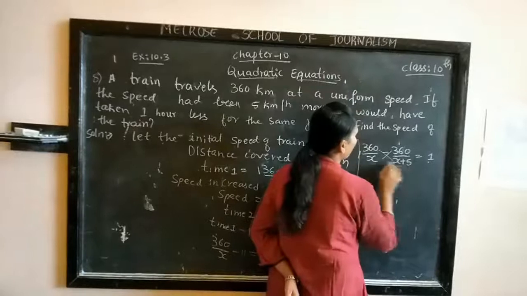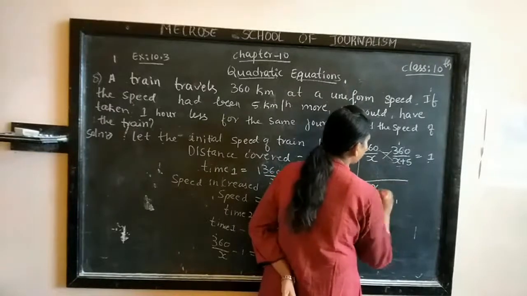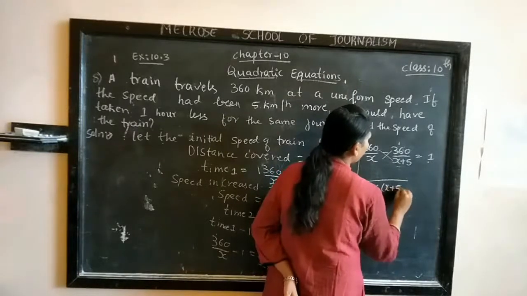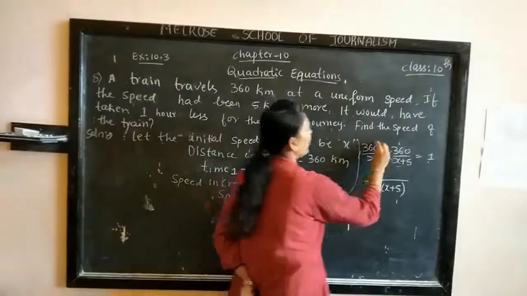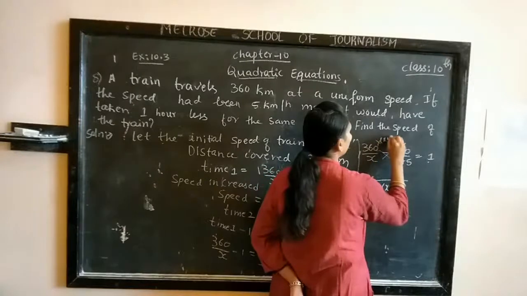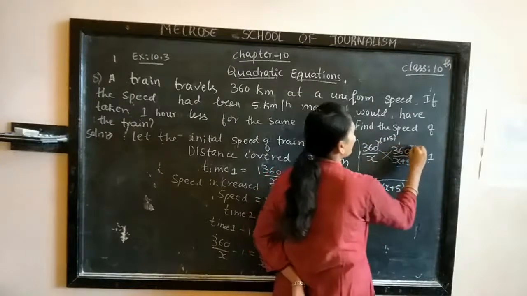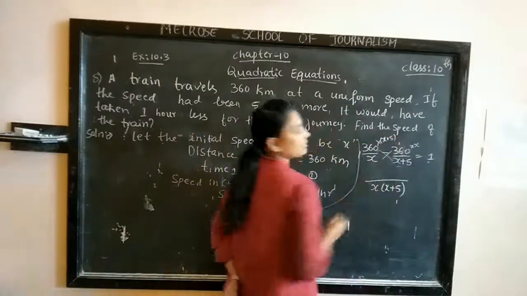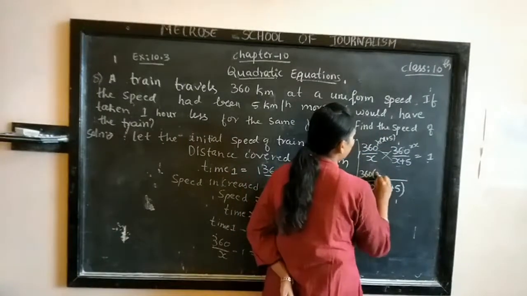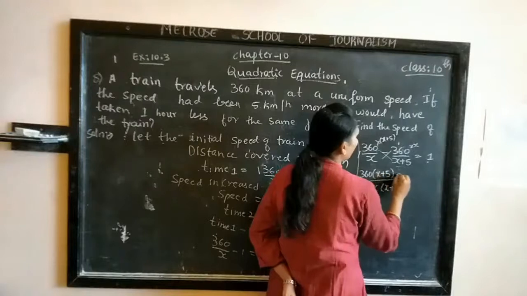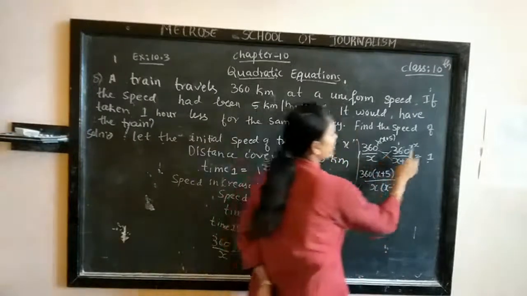If you take LCM the complete denominator will be x into x plus 5. X is already there. We need to multiply with x plus 5. Here x plus 5 is there, so I should multiply with x. So 360 into x plus 5 minus, here we have minus 360 into x